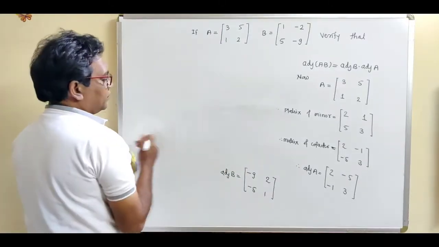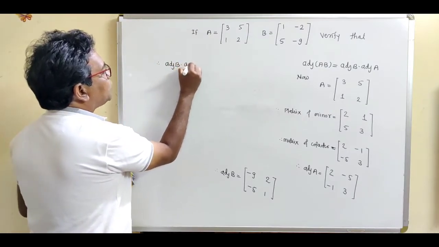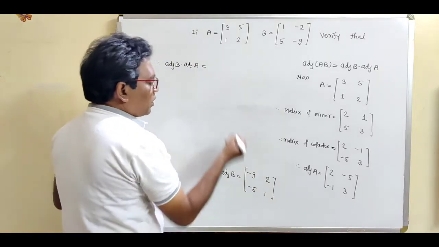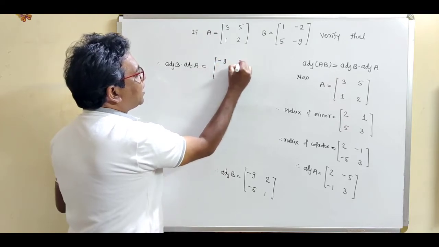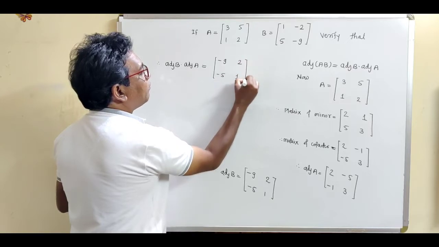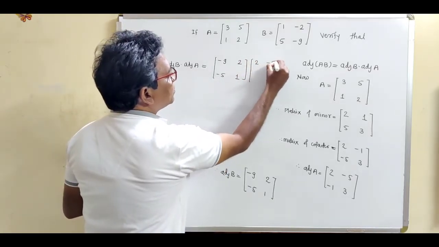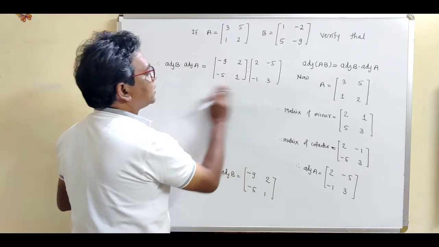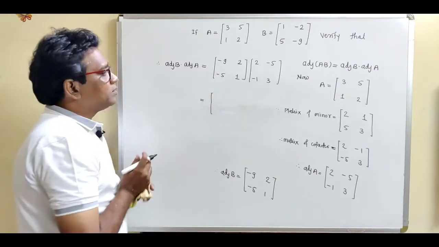So write down therefore, adjoint of B into adjoint of A, this is equal to, now put this value, this adjoint of B, this is -9, 2, -5, 1. Adjoint of A means 2, -5, -1, 3. So this is equal to, now find out this product,